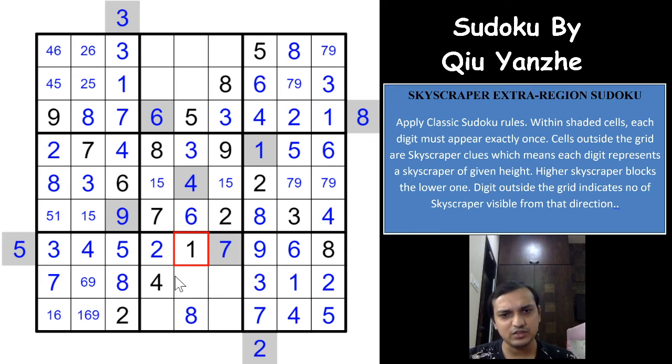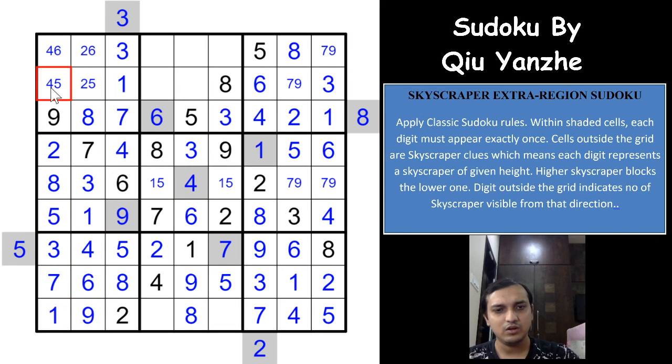So 3, 5, 6 and 9, 5 is already here, 5 has to be here. 5, 3, 6 and 9. 3 is already here, 6 and 9 will have to be here, but because 6 is here, you have to 9 here, a 6 here, a 1 here, a 9 here, a 5 here, a 1 here, a 4 here, a 6 here, a 2 here, and a 5 here, which gives you a 3 and a 6.